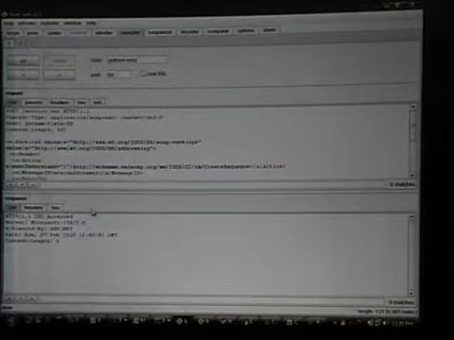I've got a web service running on the VM here on port 88 that's using the dual binding. So this is my create sequence